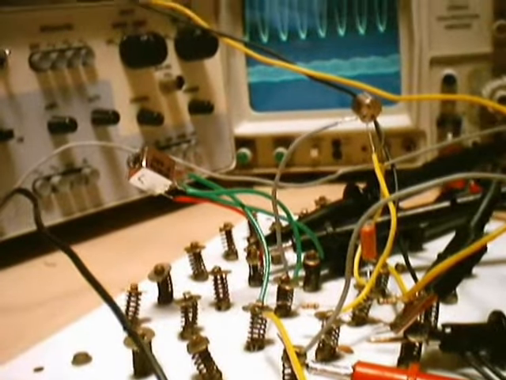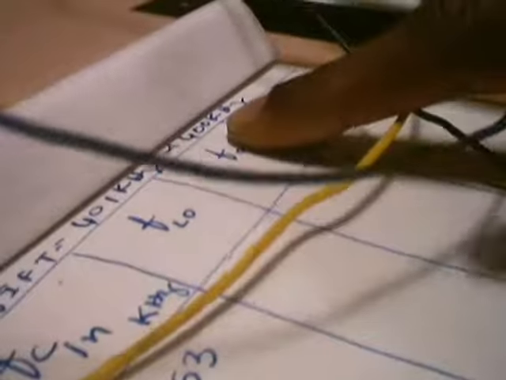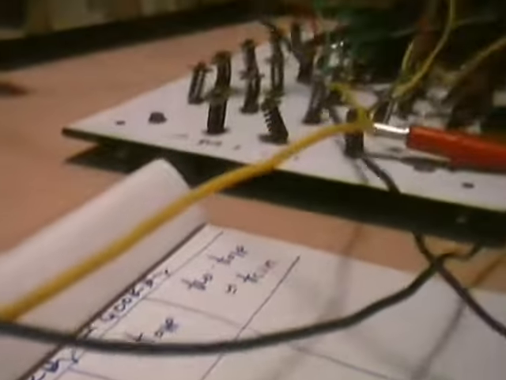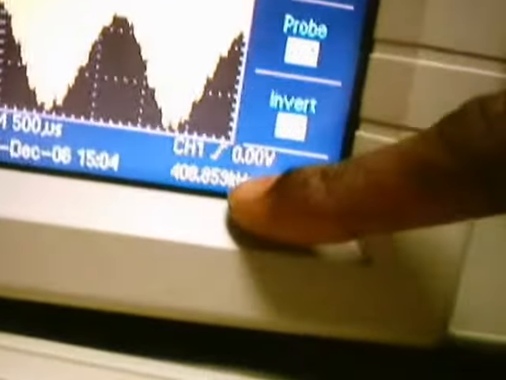So we know that the IFT was tuned to 400 kilohertz, so my output frequency has to be in that range of 400 kilohertz. You can see now the frequency that I'm getting at the output of my IFT is 408 kilohertz. Now this is the down converted waveform.